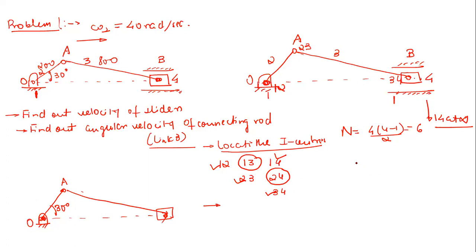Either you can go this way, that is 1, then you draw 2, then you draw 3, and then you draw 4. So always move clockwise, just remember, right? 1, 2, 3, 4. Then you have to find 1, 3. So join this 1, 3, right? 1, 3 will be on the intersection of lines 1 2 2 3 and 1 4 3 4. So one way is this. Another way, I will simply follow the shortcut approach, because this is a very simple mechanism.